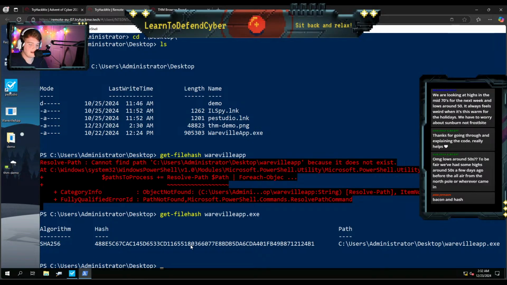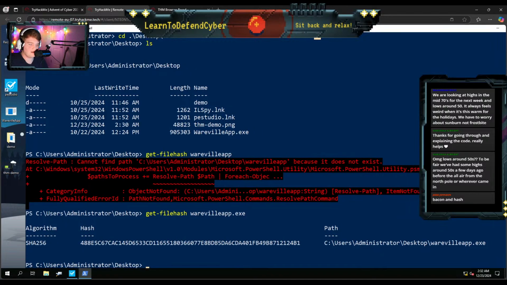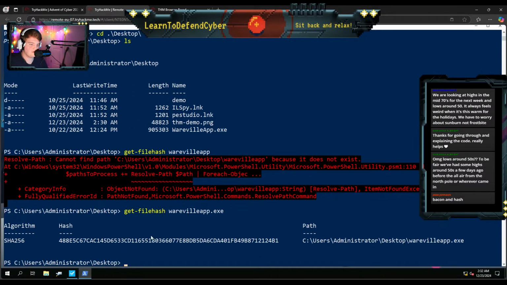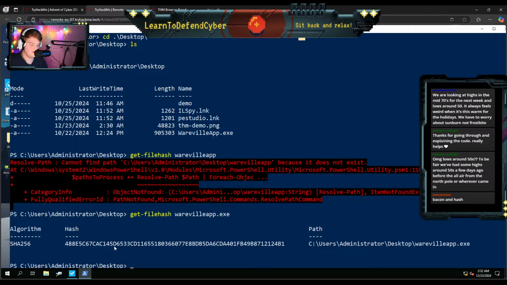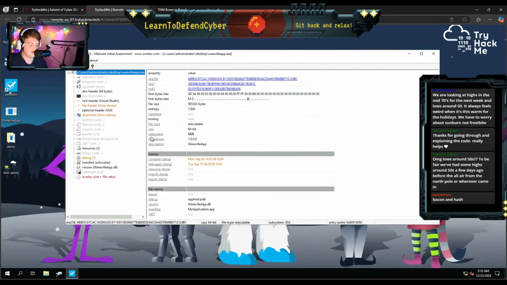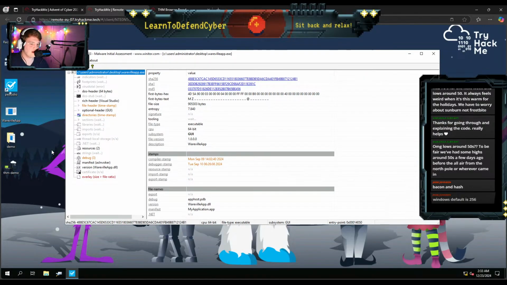We have that file hash whenever you download files from the internet. Even if it's from a trusted source, that is a really, really quick way to make sure that you have the right file, because file hashing has what is called cascading changes, where even if a single byte were to change, it's going to have a completely different value. And you see that lines right up with the value that it grabbed.